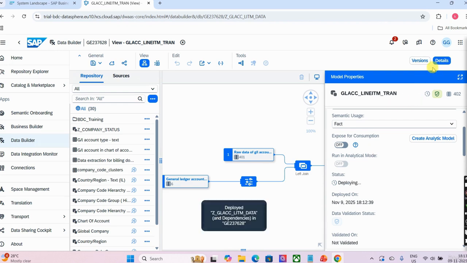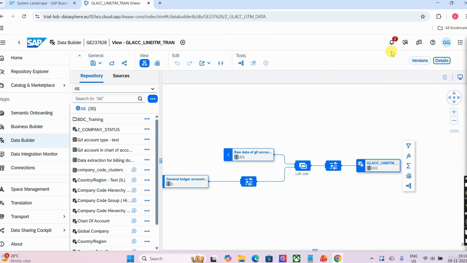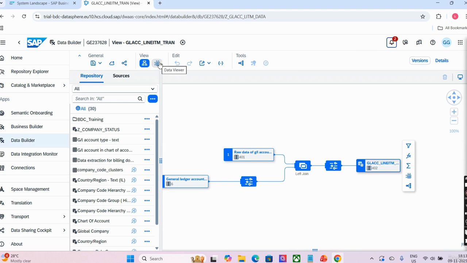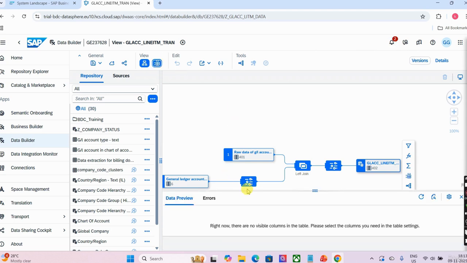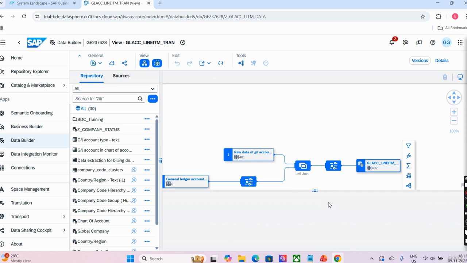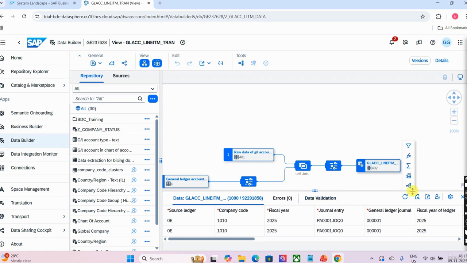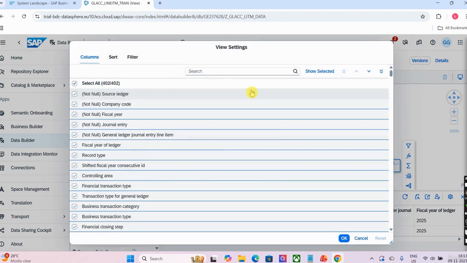Okay, here you can see we got a notification that our view is deployed. Here also you can check the data, check the status. Now before moving ahead, let's first verify whether our data is showing or not. Okay, we are not going to keep many more columns. We just need a